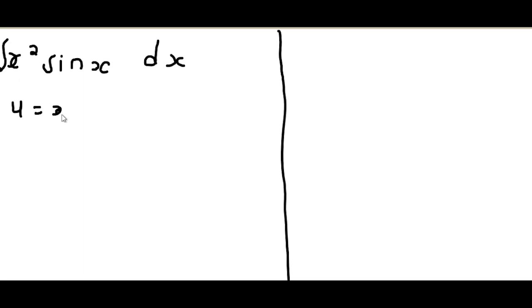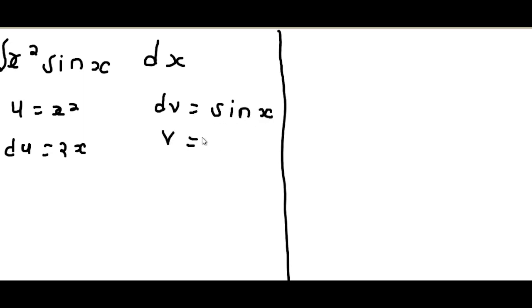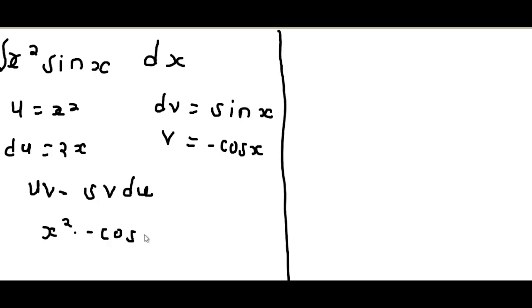Our u will be x squared, our du will be 2x dx, our dv will be sine x, and our v will be negative cos x. So uv minus the integral of v du will be x squared multiplied by negative cos x, subtract the integral of negative cos x, du is 2x. So we bring this negative out here with the 2, so it will be